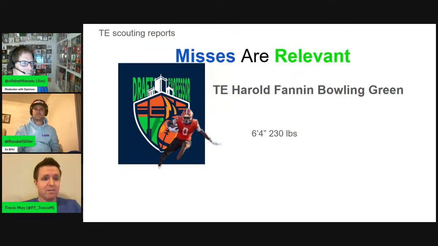You have some questions about his blocking and can he really play inline at all at the next level? Is he going to be able to win in blocking situations because of his weight, his height? I'm not sure he's a legit 6'4" either. So there are questions with him because of the profile, because of where he played, because of his background, his short resume at the position. But when I do see him succeed, he's the best receiving weapon outside of maybe Tyler Warren or Colston Loveland in this class at the tight end position.